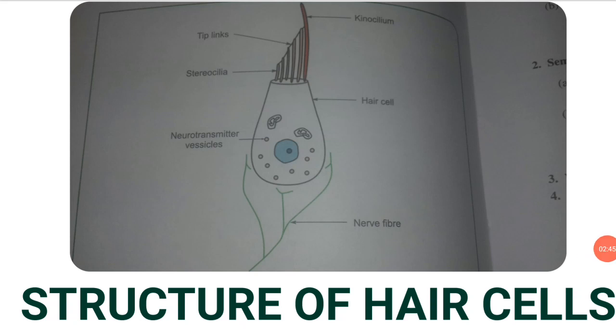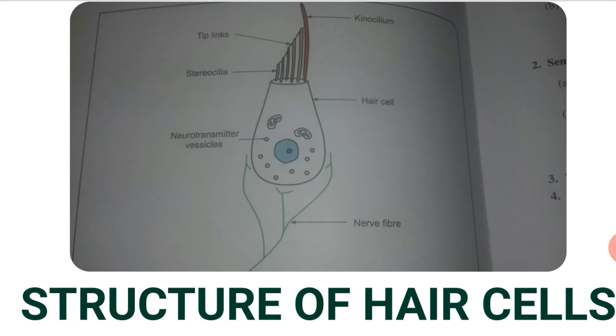Structure of hair cells. The hair cells are the receptors present on macula and crista. These are flask-shaped cells. On their apex are the numerous long hair-like projections called cilia. The smaller cilia are called stereocilia. The height of stereocilia progressively increases towards one end of the cell. The longest cilium is called kinocilium. The bases and sides of the hair cells synapse with the vestibular nerve fibers.